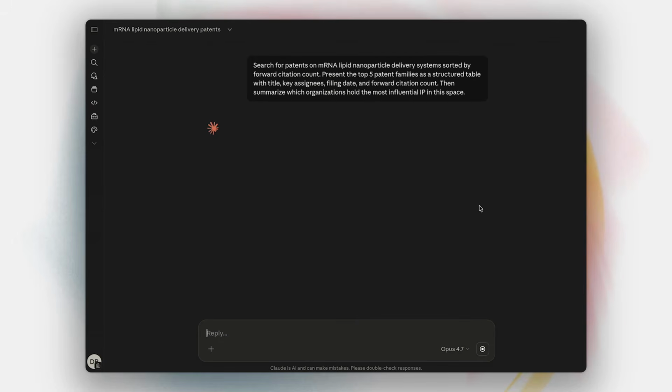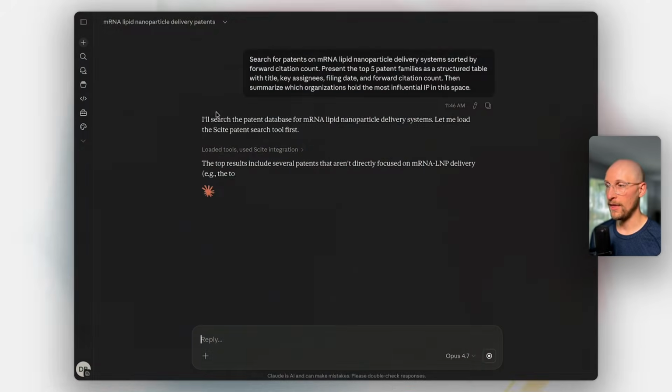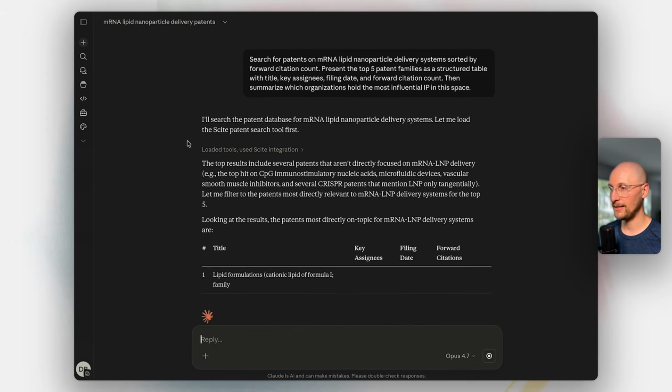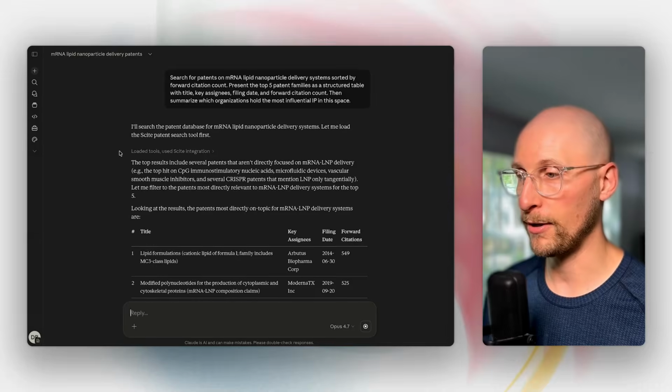So I'm searching for patents on mRNA lipid nanoparticle delivery systems sorted by forward citation count. Now, I'm asking it specifically to present the top 5 patent families in a structured table with specific data. So this is going to load the tools. It's going to use our Scite MCP. It's going to search those patents, and then it's going to give us this table that prints out all the